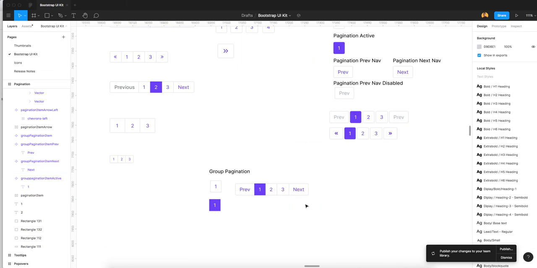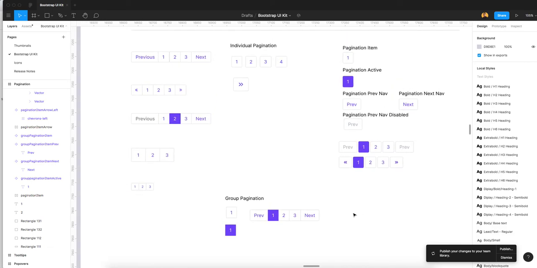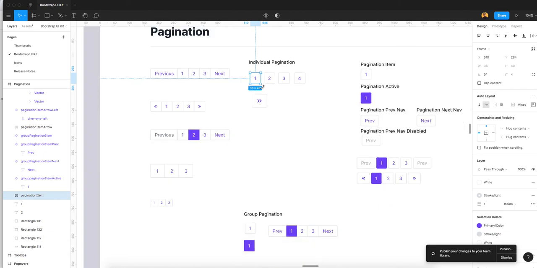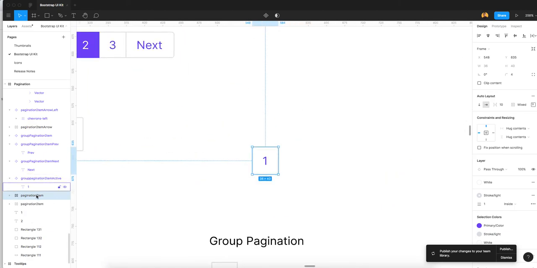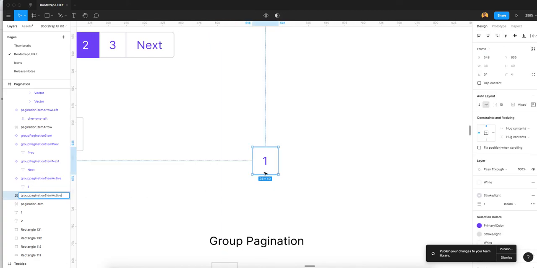Before we move ahead, let's create some components with disable. So now again we need to create disable for our group pagination. I just select this, and again I will change the name of this active node.